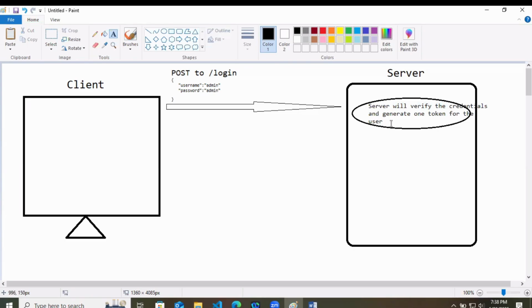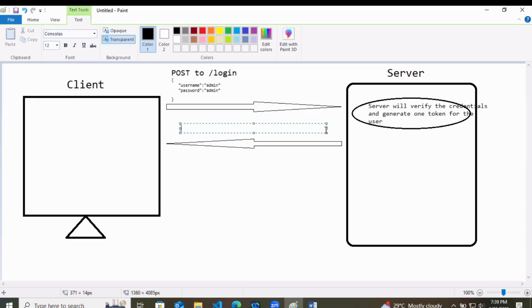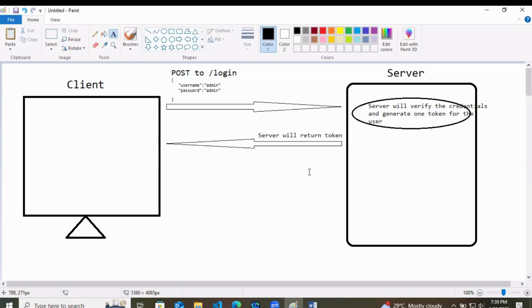Once the server is done checking, the server will return a token. It will be a string generally. So here the server is returning one token to the client.